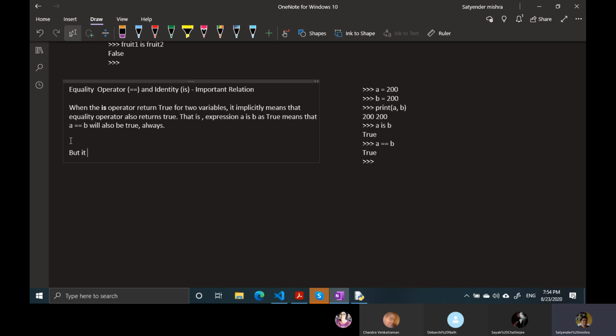The other way around: if the equal to operator is giving you true, but when you are using the is operator, it is giving you false, that means there are some cases where you will find